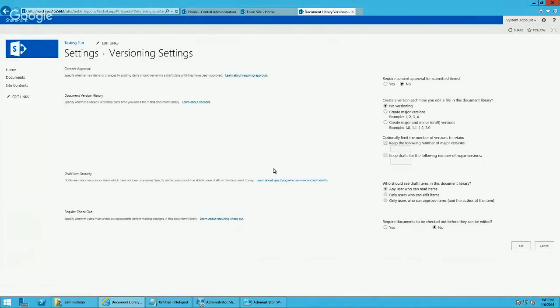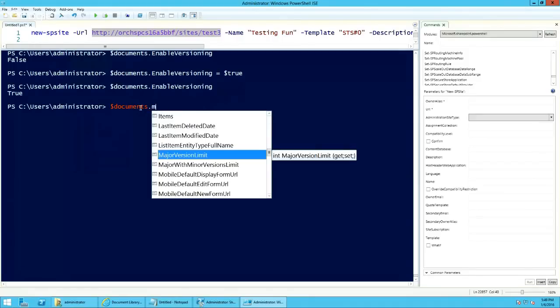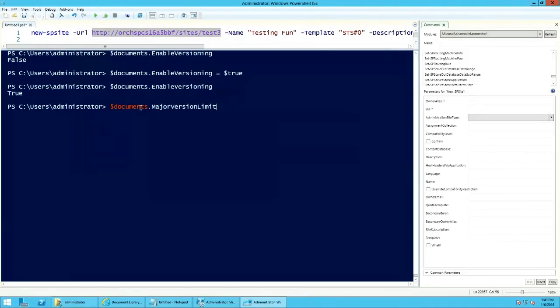So I enabled, let's see. Oh, you know what? I didn't save my changes. So I enabled versioning and changed it to true, but then I didn't actually update the library and save my changes to the library. So I want to enable versioning, and I also want to set my major version limit. I want to put it at 20. Major version limit equals 20. So now not only am I enabling versioning, I'm setting the version limit to 20, and then I'm going to do documents